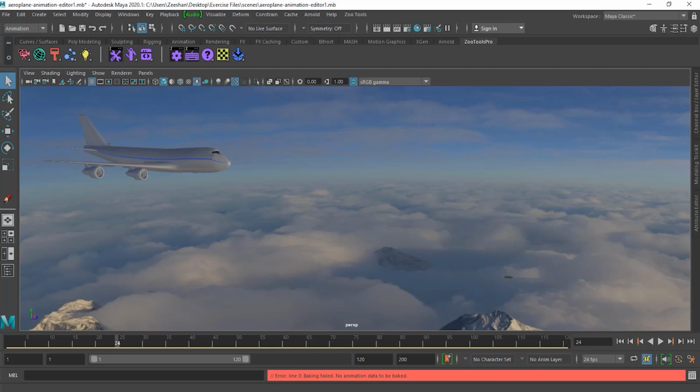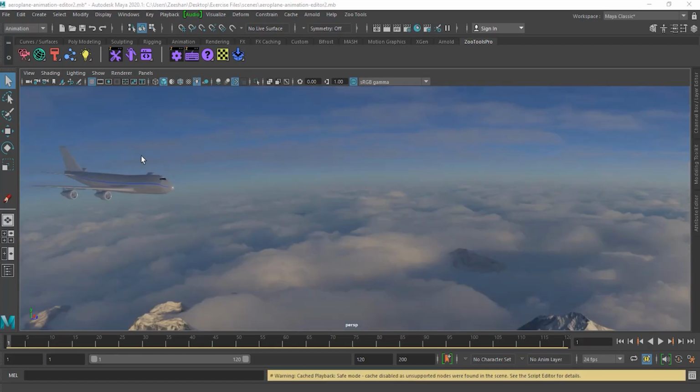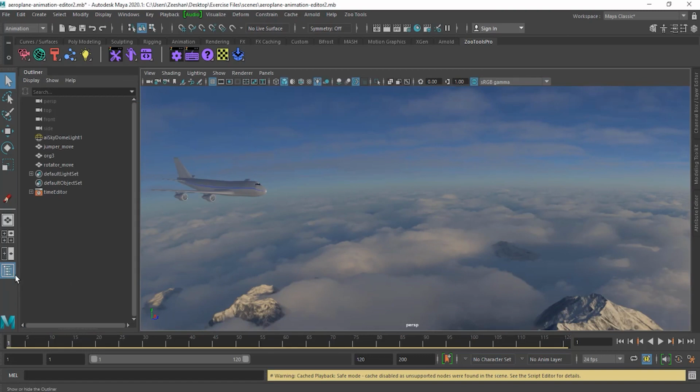Now let's move to that part. Let me open the new file. So now let's see how to work on the time indicator and how the time indicator actually works. So let's see what we have here. If I turn on my